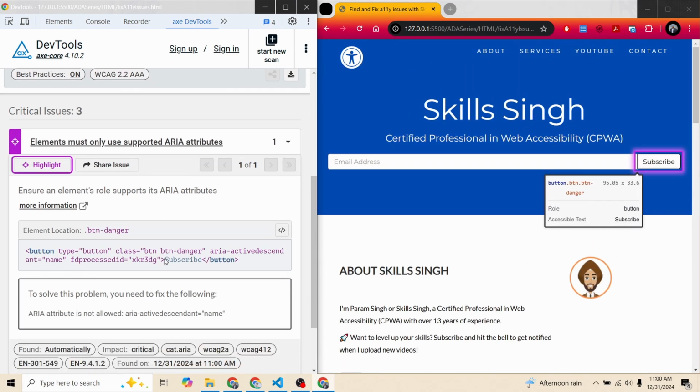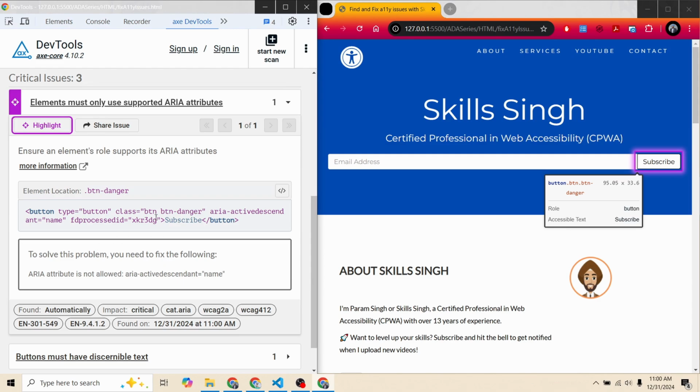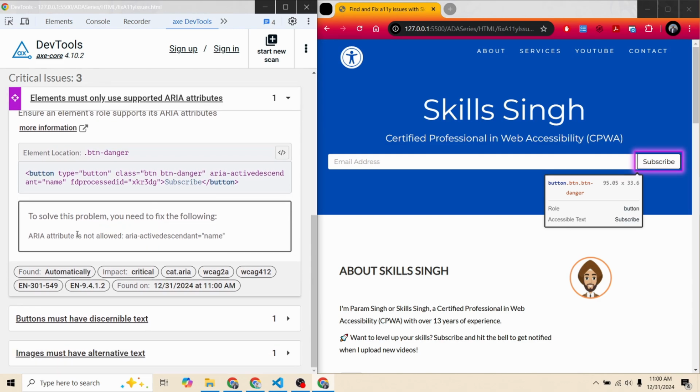And this is coming for the subscribe button. And let's see how to resolve this issue. It says aria attribute is not allowed. And what is not allowed? Aria active descendant. Aria active descendant is used for a custom dropdown that you have built using